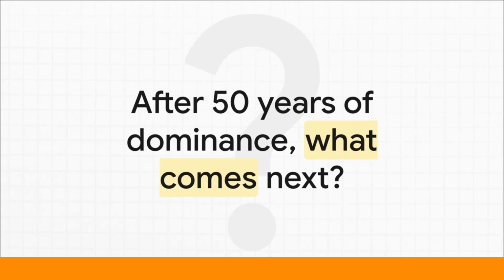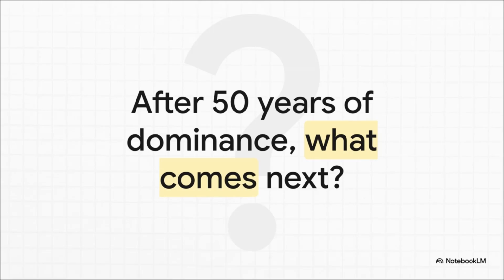But the world today? We're creating data at a scale and a complexity that Codd and his generation could have never imagined. Which brings us to the big question. In this new world of AI and truly massive unstructured big data, is the long reign of the relational model finally coming to an end? And if so, what's the next brilliant idea that's going to define the next 50 years?